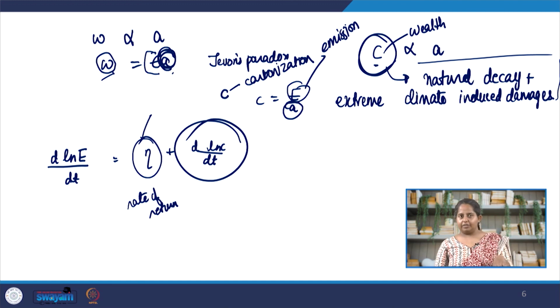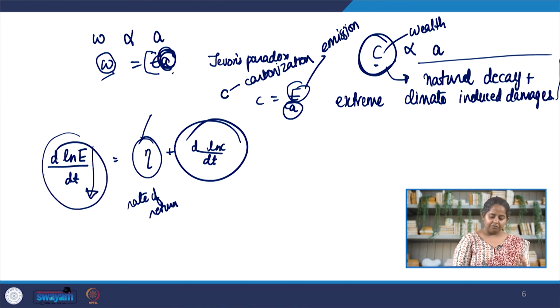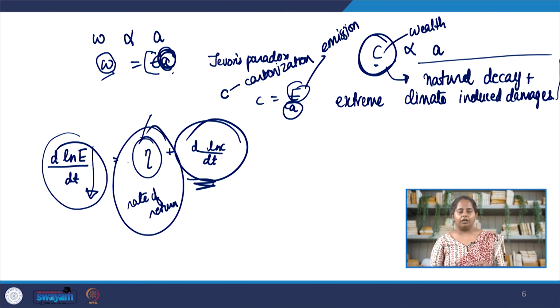So even before modeling this, just writing the equations down, TJ Garrett is already giving us a very good glimpse into, according to his model, how the system works, how the economy and the emissions are linked with each other. Now, for overall emissions to go down, for this to be negative, the decarbonization has to be faster, more in magnitude than the rate of return. So we have to rapidly decarbonize our economy. Now, in this model, TJ Garrett made sure that they accounted for inflation. If you read the paper, I am not going to go into the details of the economics part, but they have accounted for inflation in both the productivity and global wealth.